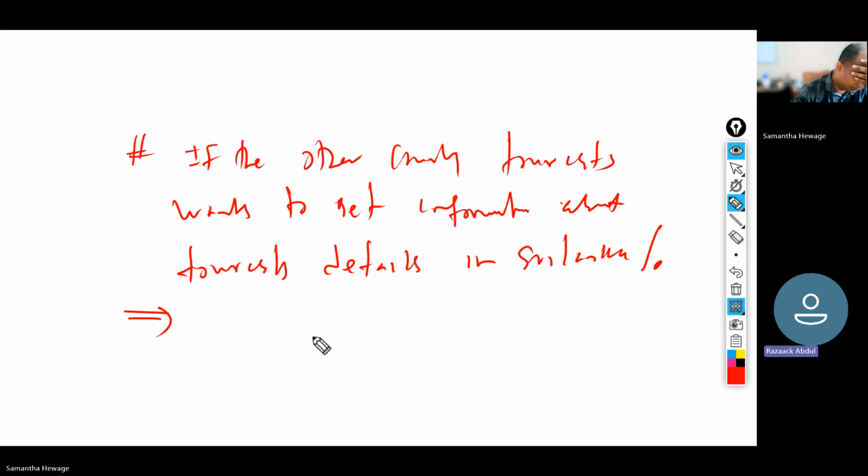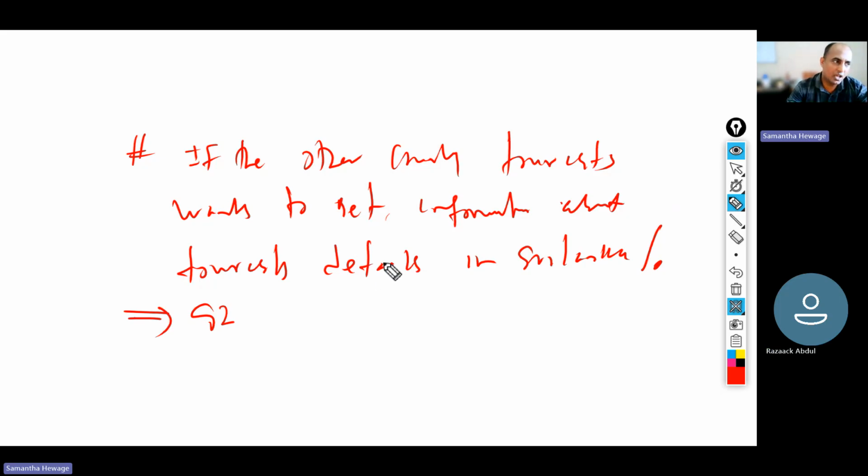It's also government to government. Yes, why? What's the reason? Like under the government to government, a guide for tourists. So he's a tourist, so he wants to know. Yes. If the other country's tourist wants to get information about the tourist details, because tourist details of the